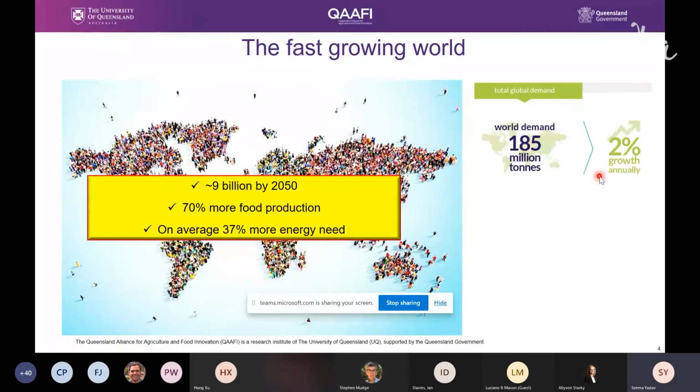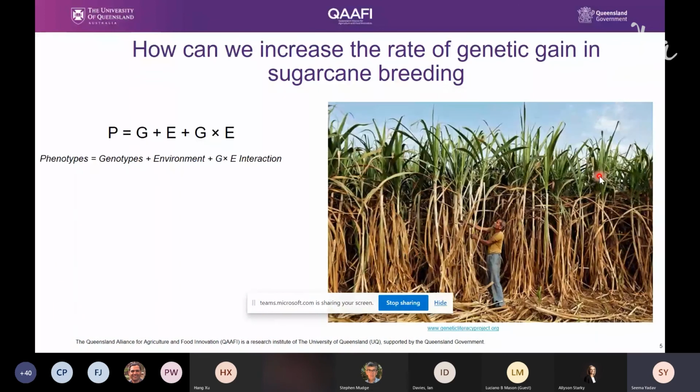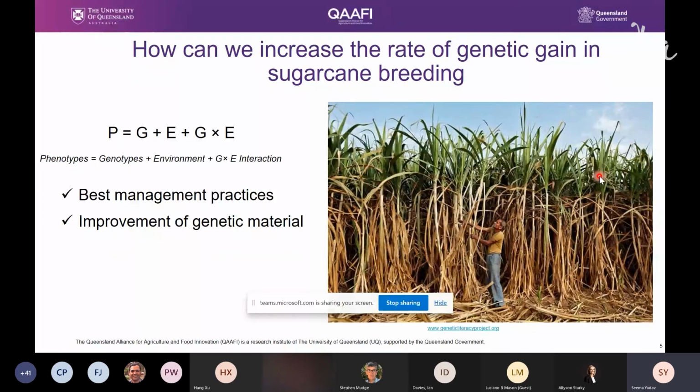So to meet all the demand, we need to increase the gain at least 2% per annum. But the main question arises here: how can we increase the rate of genetic gain in the sugarcane breeding program? If we talk in a quantitative genetics framework, the phenotype is an expression of genotype and the environment. So there are two major ways we can increase the gain: by improving the management practices, or